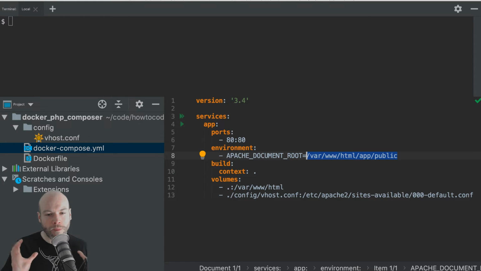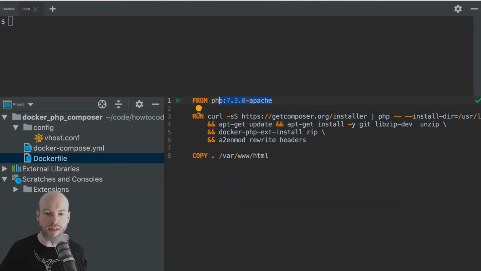So, what we're going to do is a Docker Compose up, and a Docker Compose up will first of all look and see whether or not any containers need to be recreated. After that, if there is a container and there's been changes to the Docker Compose file, it will then recreate those. But we don't have any containers yet. We don't even have any images yet. Well, we do. We have the base image, but we don't have this image. We don't have the image with Composer in it.